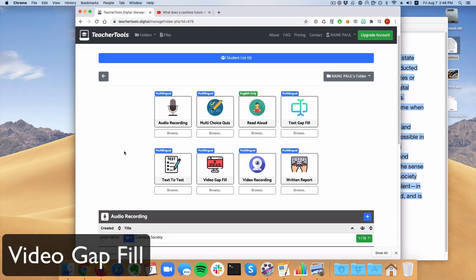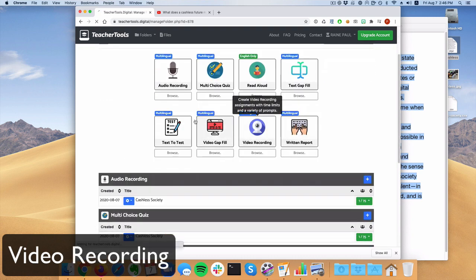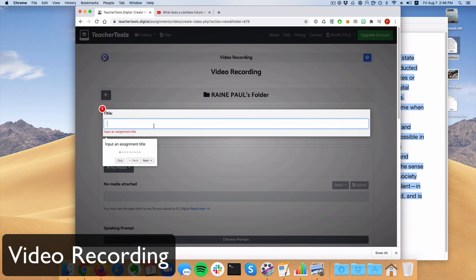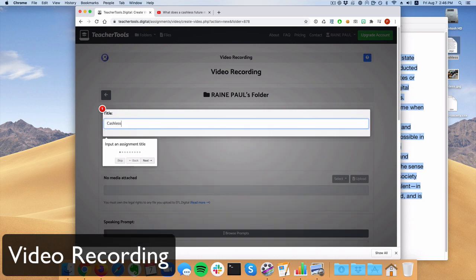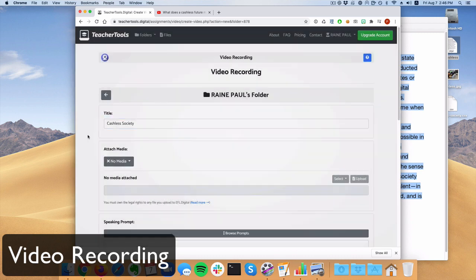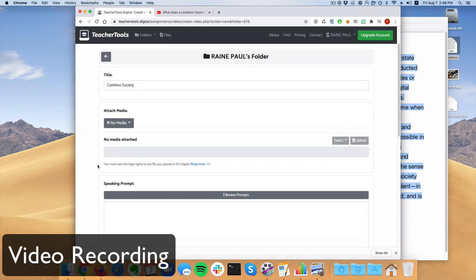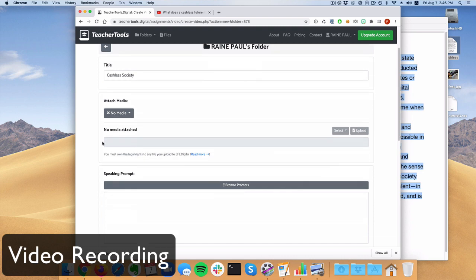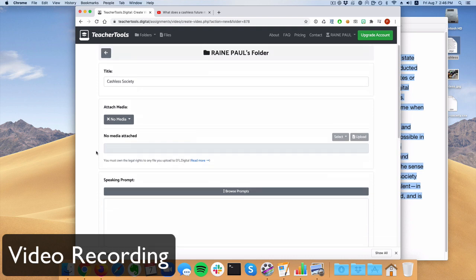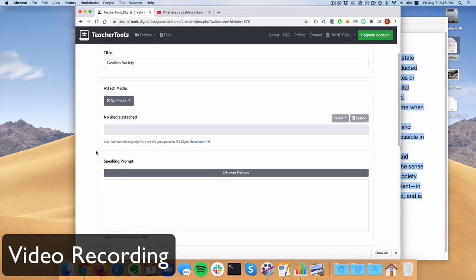And the next activity, I'm going to do a video recording. So this is very similar to the audio recording, except from the fact that it obviously records a video. So you can see the student's face, you can check gestures and facial expressions and eye contact, and you can also verify that the student is who they say they are. That's quite useful. And I'm going to base this one on my